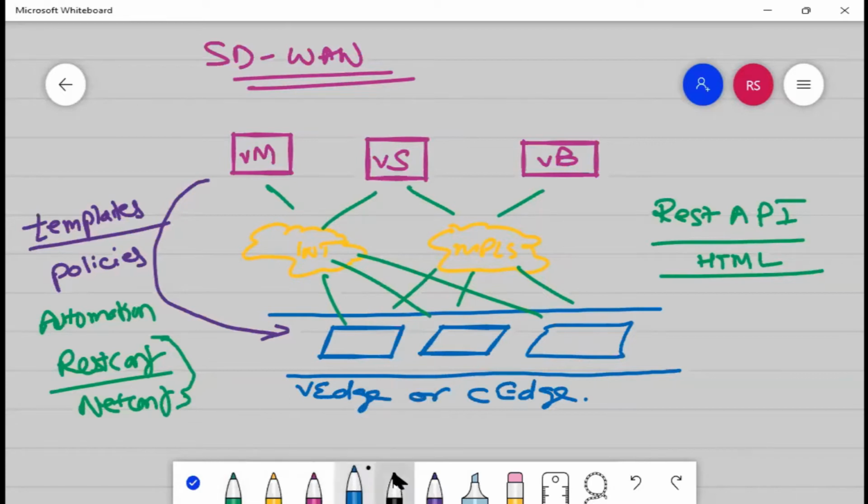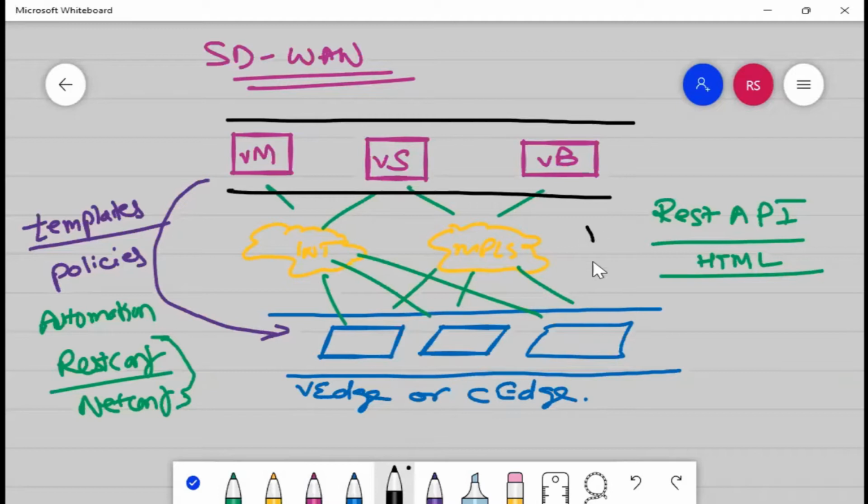Now, when I am telling you that your devices are getting managed by the controllers, when your controllers are managing the WAN edge devices, such kind of API is known as the southbound API or southbound interface. Are you guys with me? This is the southbound interface.